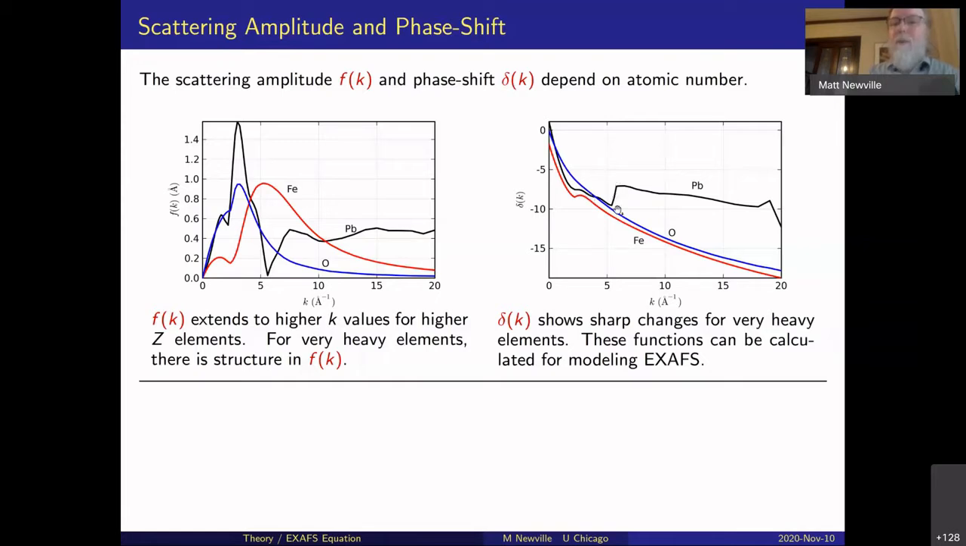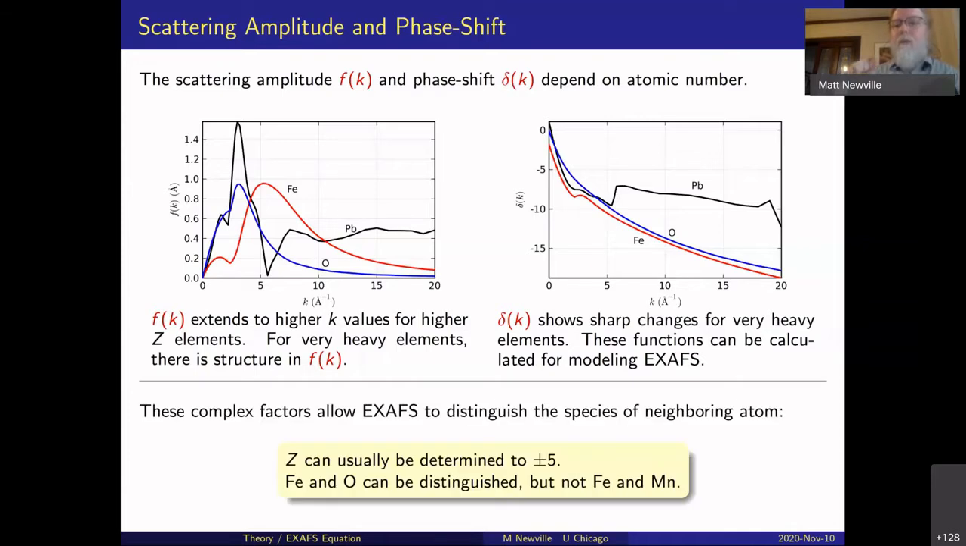So these can be used for understanding the atomic number that's doing the backscattering. So Z can usually be determined, I usually say, to within 5. If we have time at the end, I might show an example of that, or it's in the materials for this course. Ambitious. So you can definitely determine iron from oxygen, and you definitely cannot determine iron from manganese unless